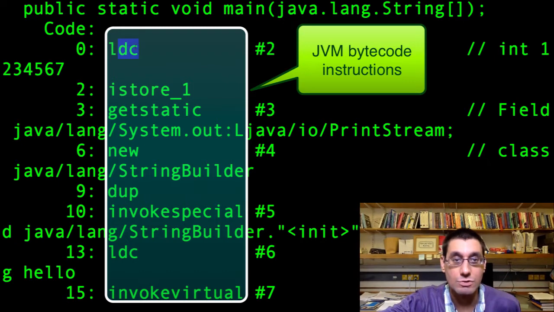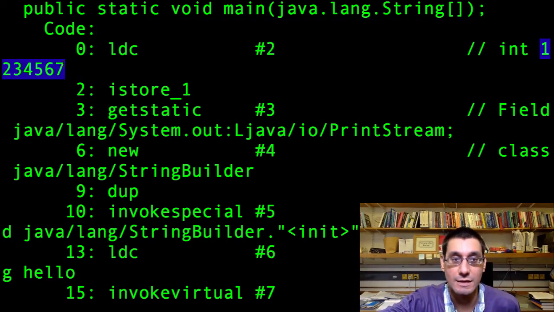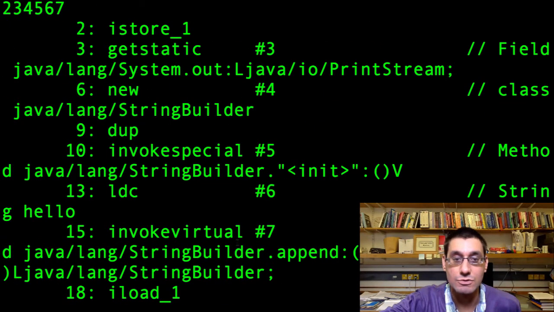The first instruction loads a constant, ldc, and the constant to be loaded is the integer value 1234567 here. This value is stored into the first local variable slot. And then we go through some library code to get hold of the System.out print stream, store that on the stack, and then to construct a StringBuilder